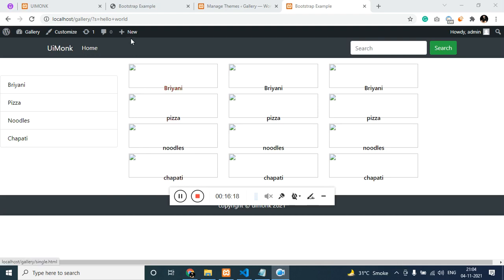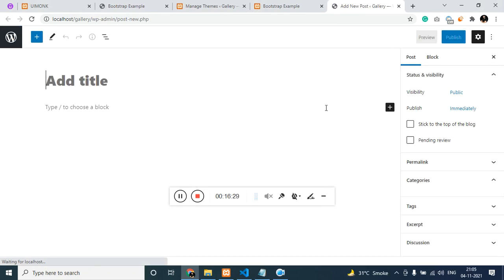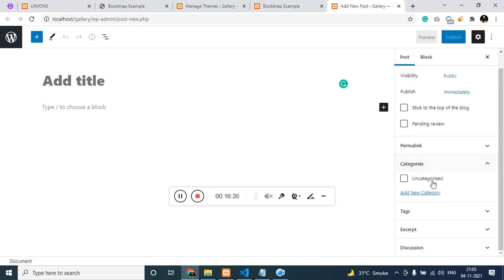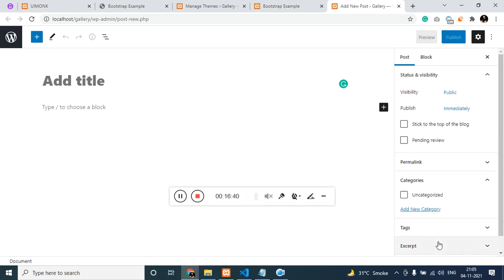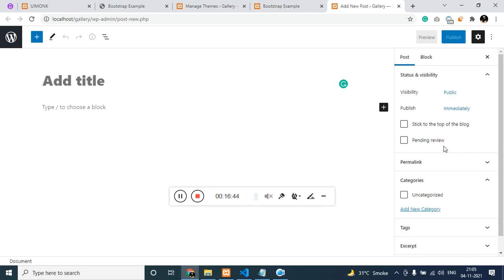So by the time, let me show you how to create the post. As you might have known, over here we need to add featured image. Since our theme does not have the support of featured image, we have to make this. You can see we have tags, we have excerpt, we have discussion, but not featured image section, and there is no post type as well. We are now going to add that on the functions.php.